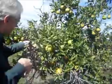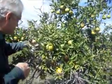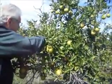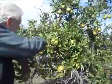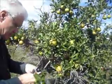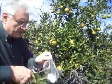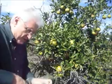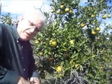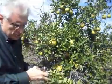So what I'm going to do, I'm going to take this limb here, which I know makes oranges because I can see some oranges here, and I'm going to reach in here and cut it off right back in here. Now, I've got that one cut off, and I'm going to put it into this bag. I've got a bag with some water on a paper towel so that it doesn't dry up, and I'm going to take it back to the house and we're going to graft it onto